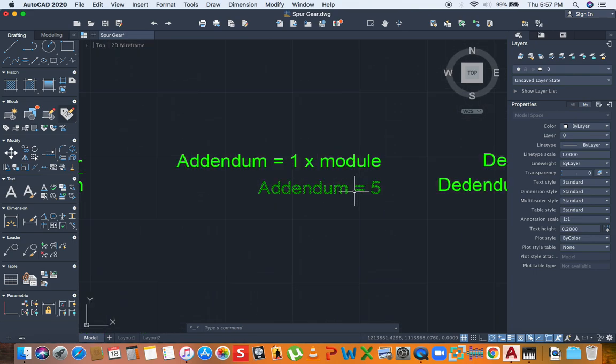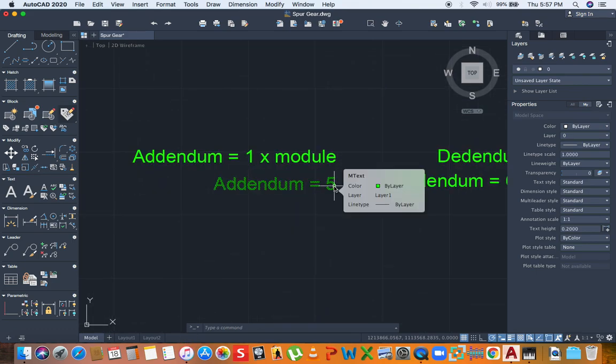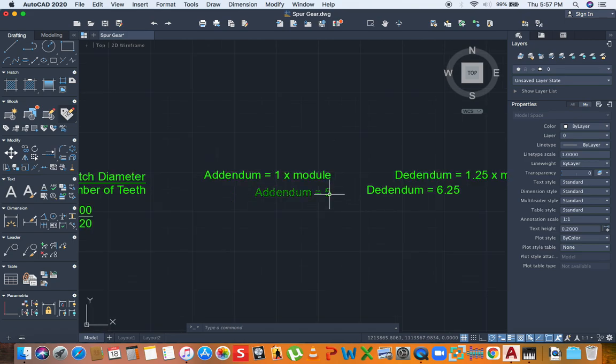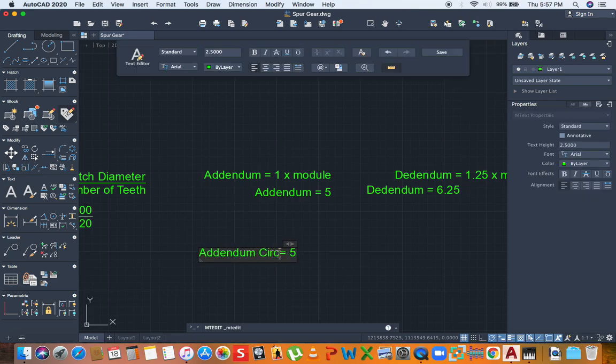So if the radius of the pitch circle is 50, the addendum circle radius is 5 more, which would mean that the addendum circle diameter, sorry,